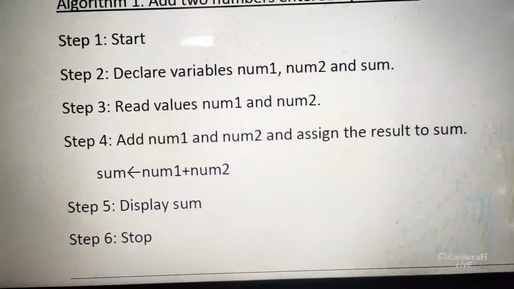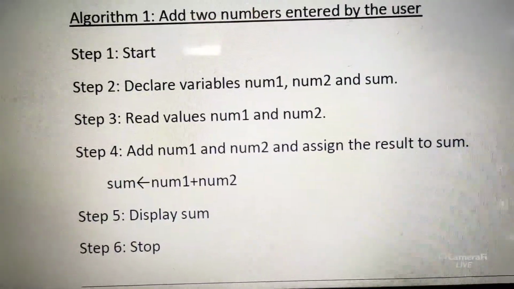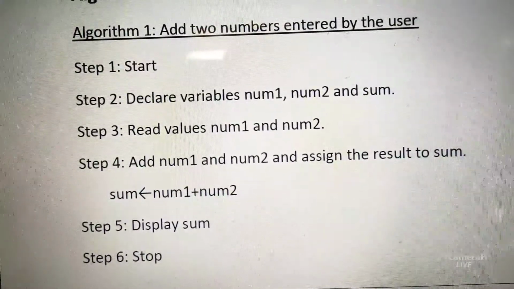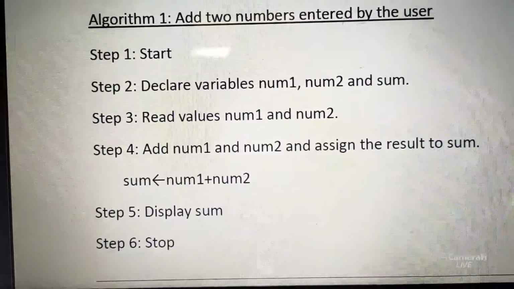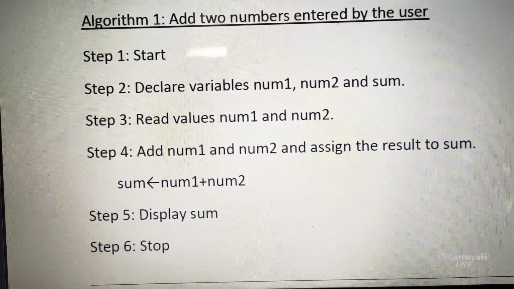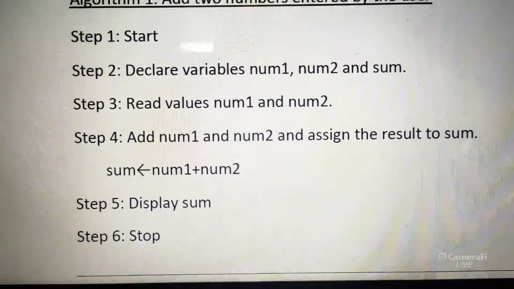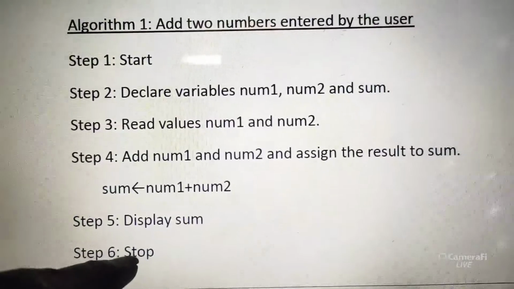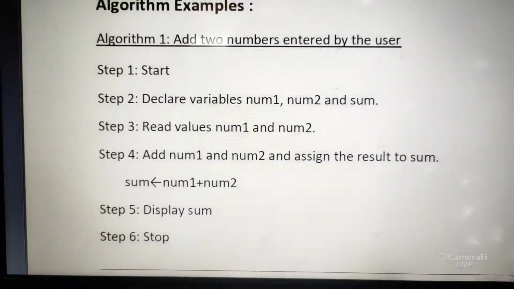You will be having a salary, for example, when you work as an employee. Basic pay, DA, HRA, other allowances. Finally we get 10,000 plus 12,000 plus 12,000, and finally we get the total salary. Stop. So as I said, finite, start and stop will be there. So this is the first example.